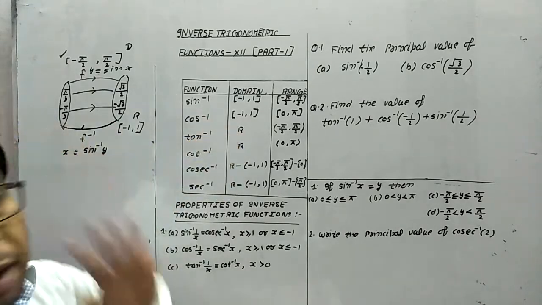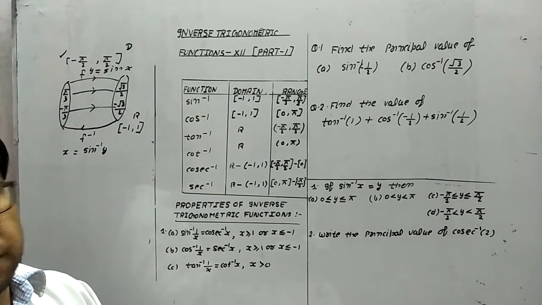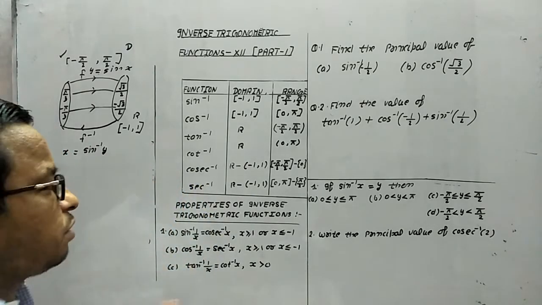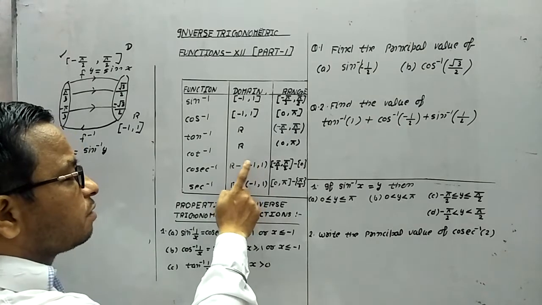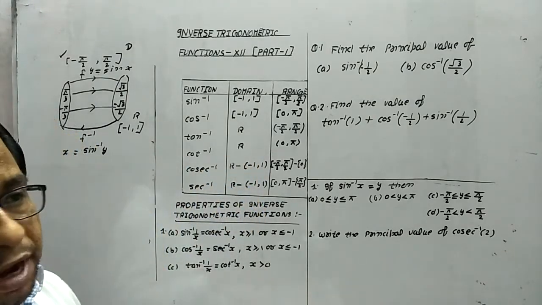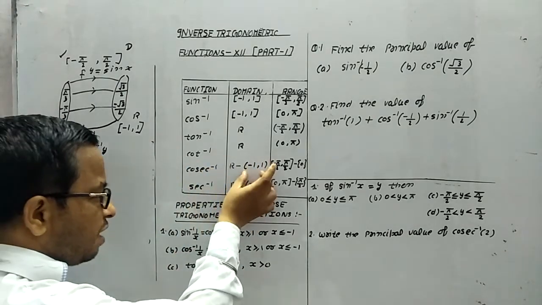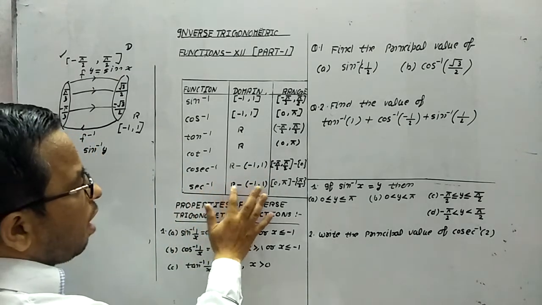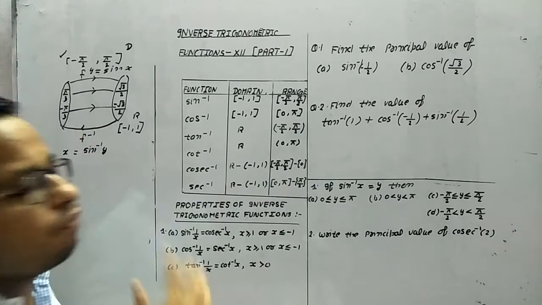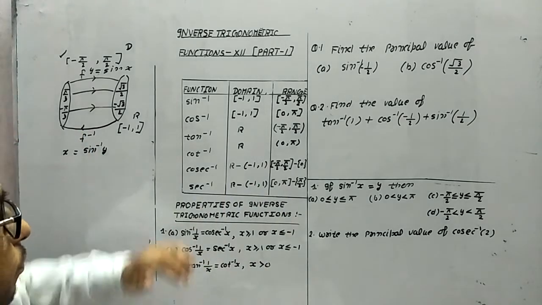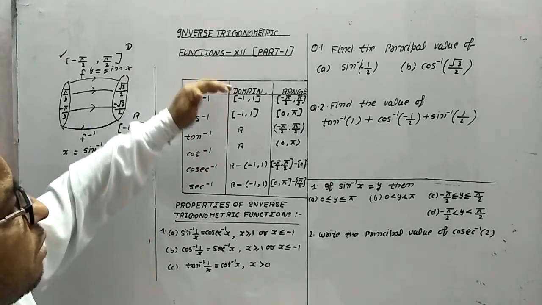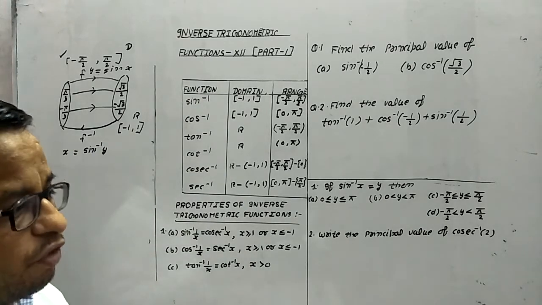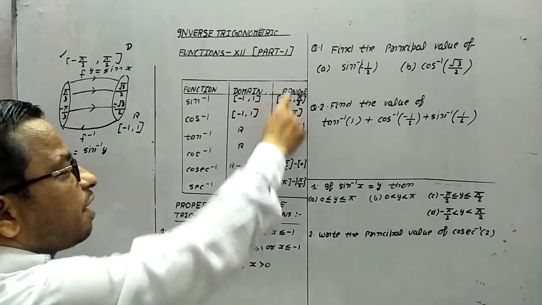It means R, that means real numbers. And the cosec inverse and sec inverse, for this the domains are R minus (-1 to 1). It means from the real numbers, nothing should come in between these numbers. In the same way R minus (-1 to 1). So this is the pattern to understand the domain. But the very important functional thing which we have to remember, that is the range.